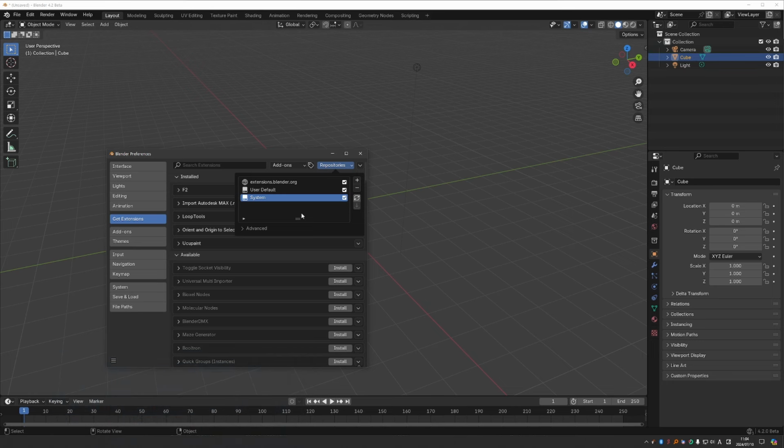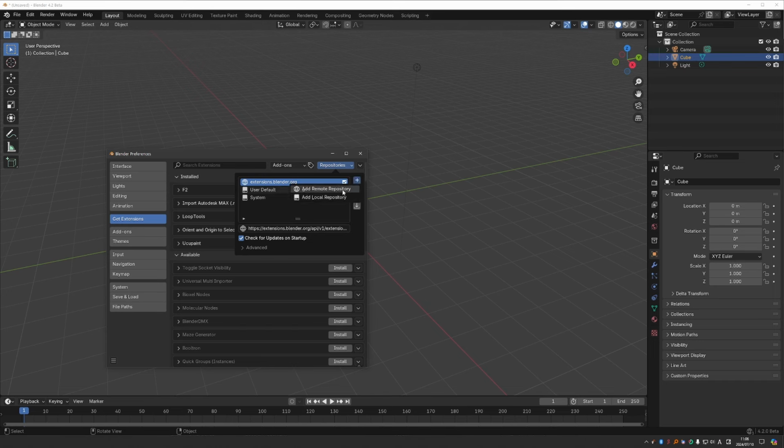I kind of hoped I would be able to just download some extension zip files, place them in a local directory, and that way create my own repository. But it turns out it is a lot more complex and technical. So for now, I'll just be using the official extensions repository. And in the future, we'll most likely see other official or semi-official repositories such as Blender Market, GitHub, and so on. But here you'll be able to create your own